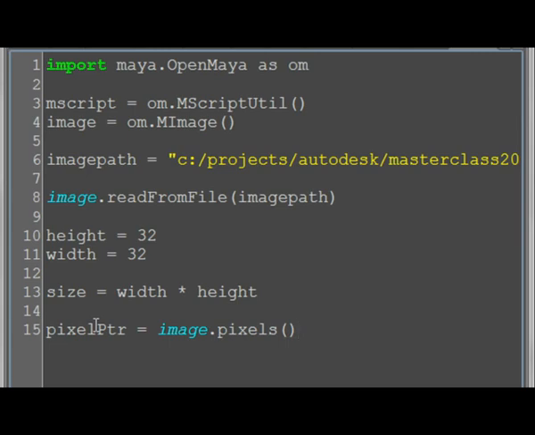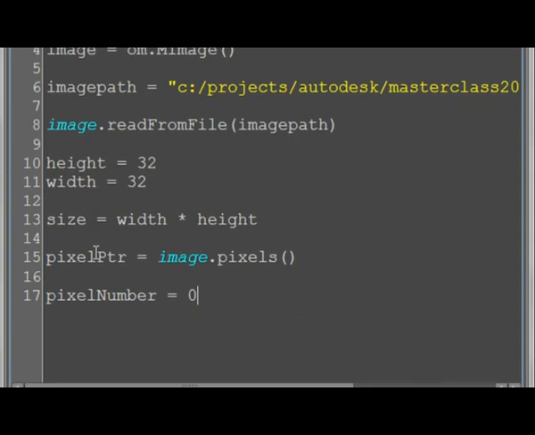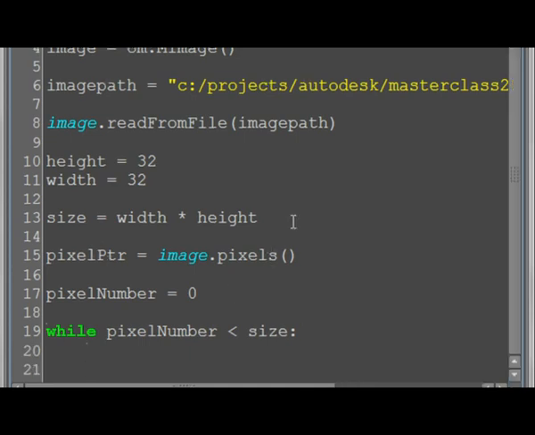So the colors of each of those pixels is going to sit in memory somewhere, and this is going to give me the address of where that is in memory. So I'm going to use image.pixels to read that into my pixel pointer. And then I'm basically just going to go through one pixel at a time. I'm going to start from number 0 and make my way up to number 1023, since we're starting at 0. So we'll say while pixel number is smaller than size, so while I'm not yet through all 1024 of my